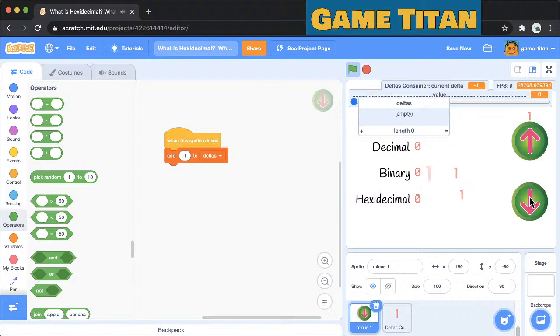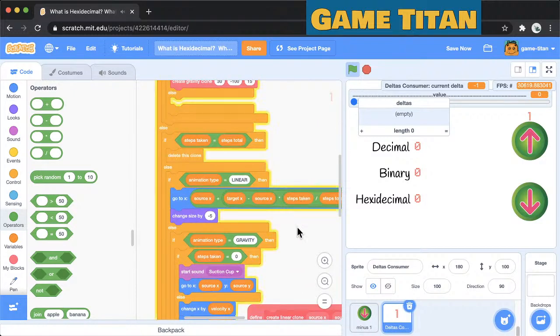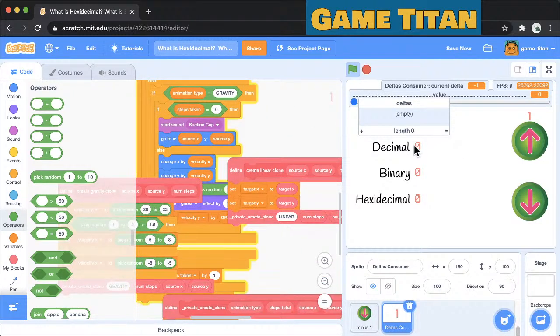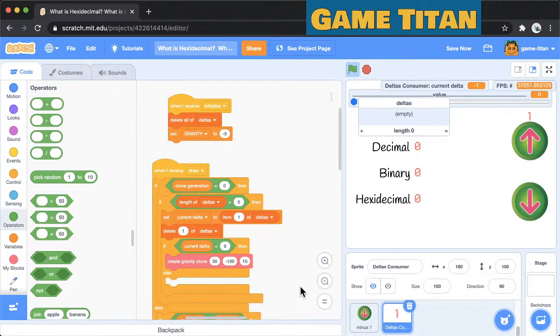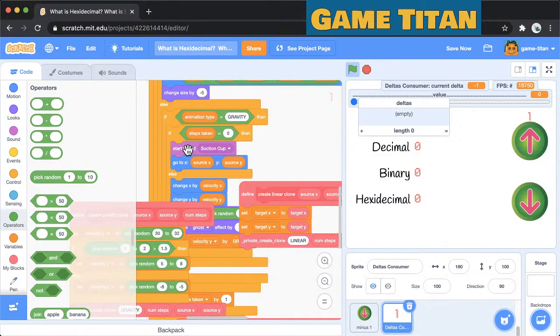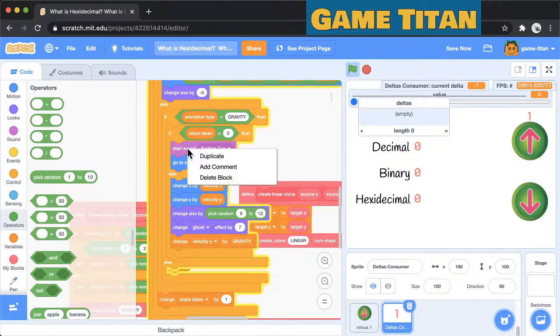That's pretty good. Unfortunately, if we want the 1 to be flying out of all 3 of the numbers, we don't actually want to be playing the sound for all 3 of them. So what I'll do